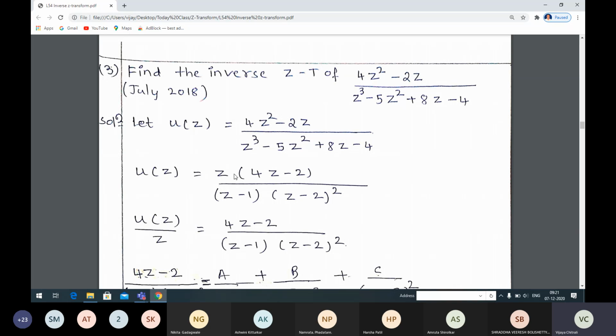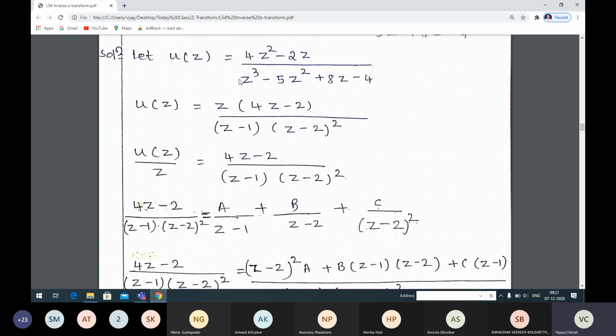This is in the numerator, so it comes to this side as denominator. So U(z) is equal to z times U(z) divided by z. Transfer this from RHS to LHS, numerator comes this side as denominator. So U(z) divided by z is equal to 4z minus 2 divided by